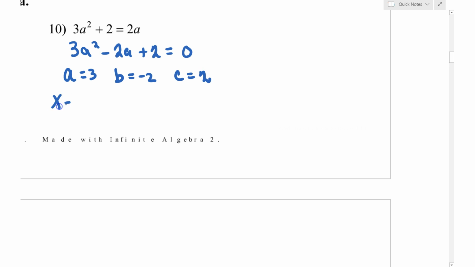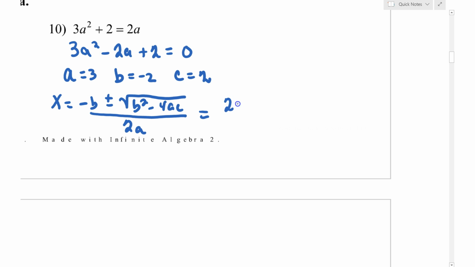So now the formula is negative b plus or minus square root b squared minus 4 times ac divided by 2a. So the value of b is going to be negative 2, but there's a negative. So a negative and a negative becomes positive 2 plus or minus square root. b is negative 2, negative 2 squared minus 4. A is going to be 3, and then c is 2